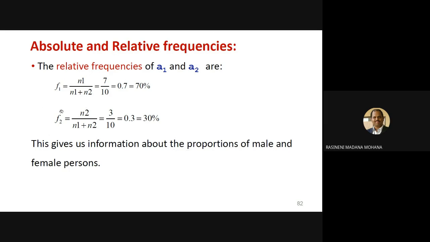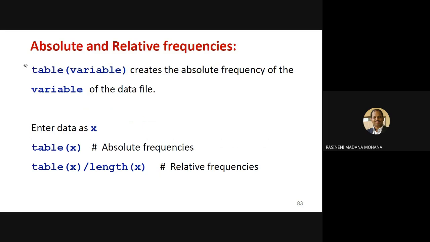The same thing we can do in R using the respective commands. Here, absolute and relative frequencies are calculated in R using the command table of variable, which creates the absolute frequency of the variable. Suppose it is table of whatever vector you are creating, it may be N1 or N2.